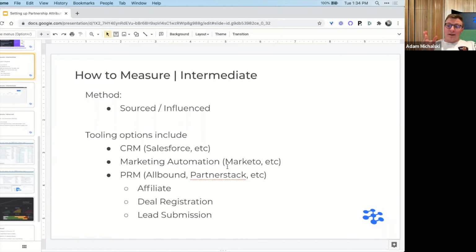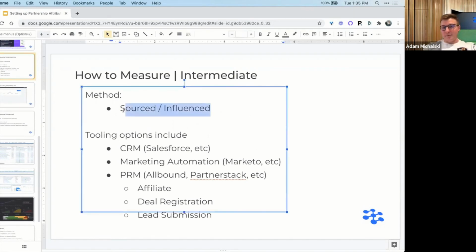And it all gets back to making sure that all of the data is actually there, because marketers have done this down to a science now. They can really understand, okay, if somebody visits the website, reads 2 case studies, and attends a webinar, they have a 3x higher probability of closing. Partnerships organizations, I think you're starting to see a lot of that tooling come to play, but historically it's really just been sourced and influenced. Over the next couple of years, you're going to see a lot more of what I call partnership automation, where you're going to be able to understand every single time that a partner gets involved on a deal.